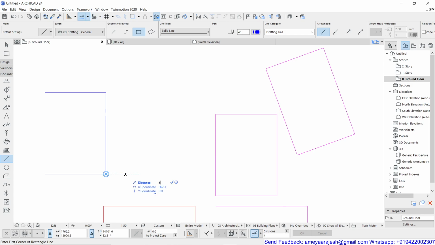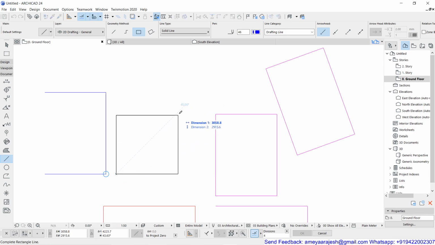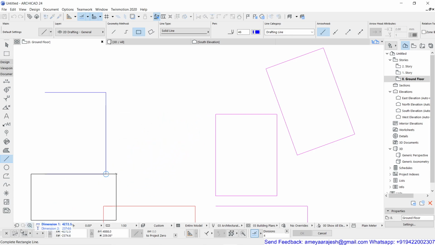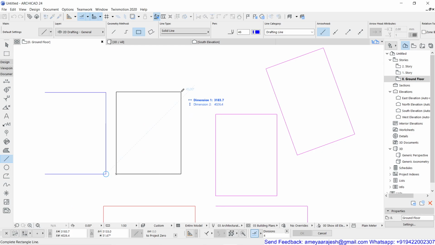Just remember to drag your mouse on the required side once you give the corner of the rectangle as a beginning point, and then it says complete rectangle line. So drag your mouse on the required side and type the required dimensions. Say maybe 3000 as the first dimension and tab key, and then 4000 as the second dimension. Hitting the tab is something you don't have to forget. Now use the enter key to accept these values.